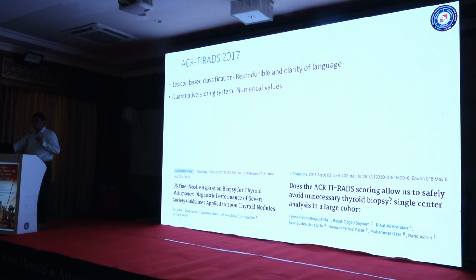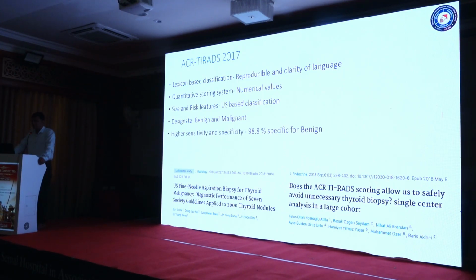We can give a quantitative scoring system which has numerical values, and it is purely based on ultrasound features. We don't require Doppler and other things, and it will help us in differentiating between benign and malignant. It has very high sensitivity and specificity. Almost up to 98% of lesions can be called benign by this classification, and that is very huge. It gives a clear-cut guideline whether we need to do